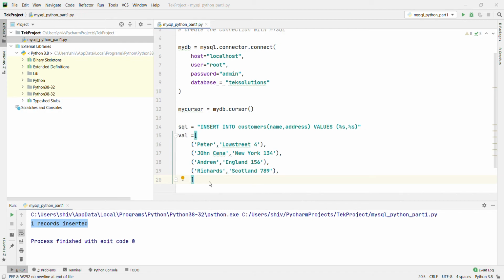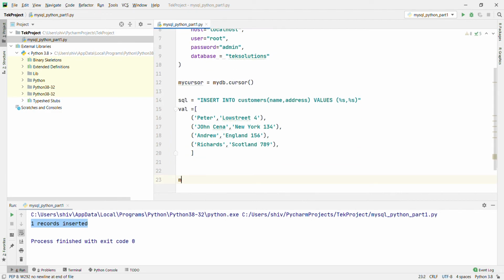Right, now what I am going to do after that, mycursor.executemany, and then we are going to pass sql, comma, val.